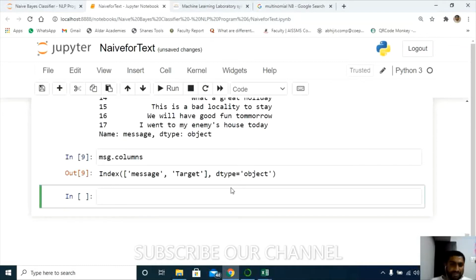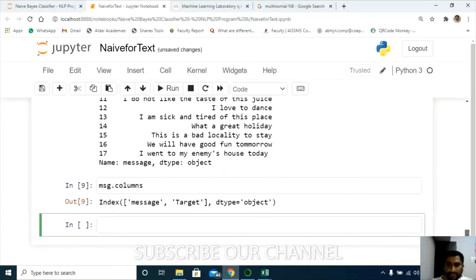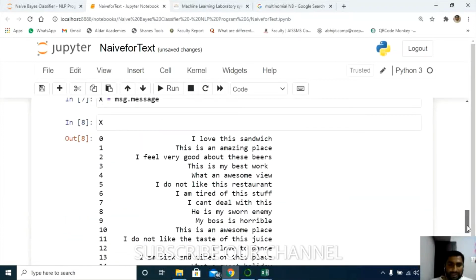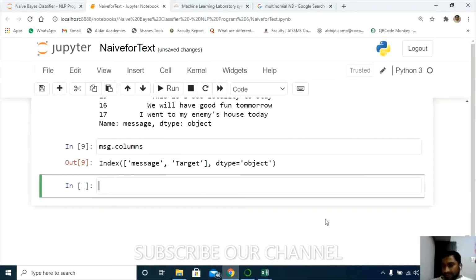As far as machine learning programs are concerned, if you take the naive Bayes classifier itself, it accepts numerical type of data. As far as this data is concerned, this is categorical type of data. That's the reason it has shown as object. We need to convert this textual data into numerical data. So for that I'm going to use the vectorization technique here. But before that, just as I separated my independent data and saved it in x, in the same way I need to save my target data in the other variable. Let's say the other variable is y here.